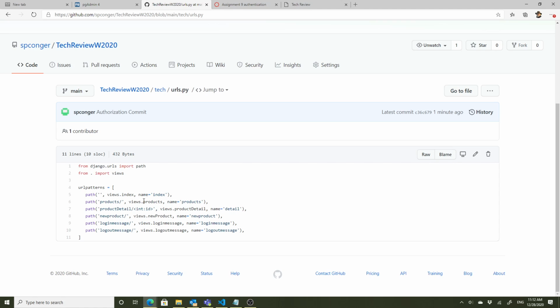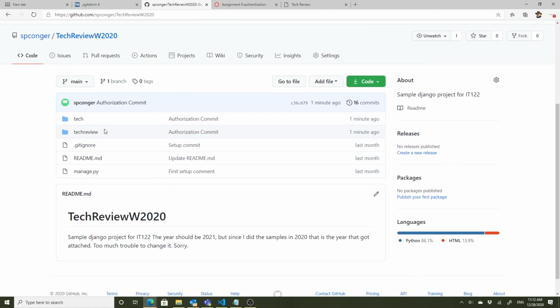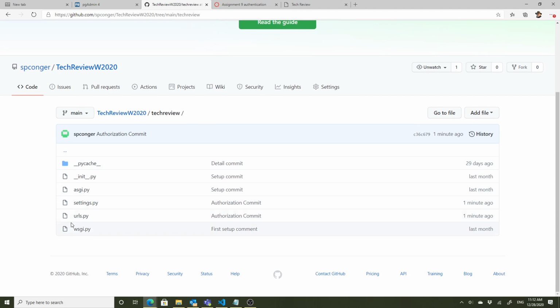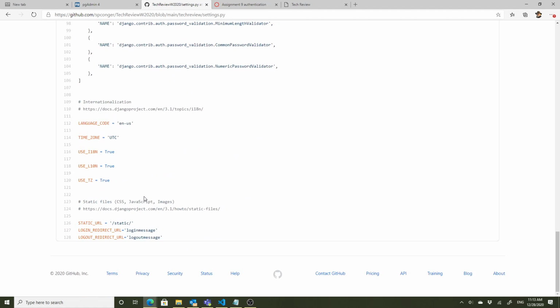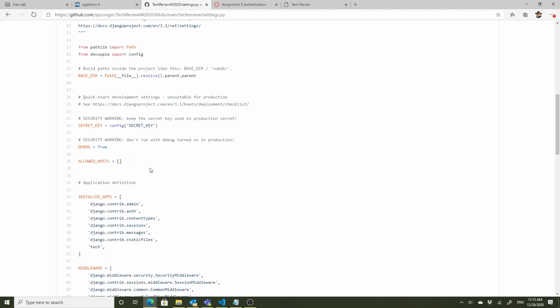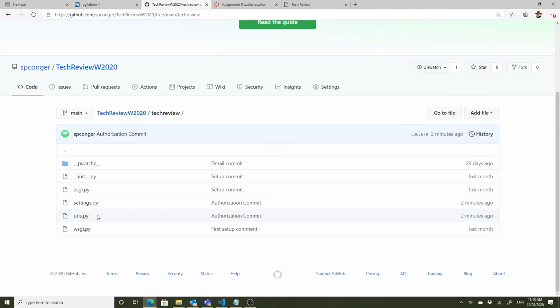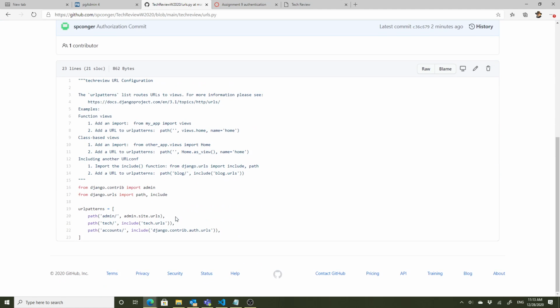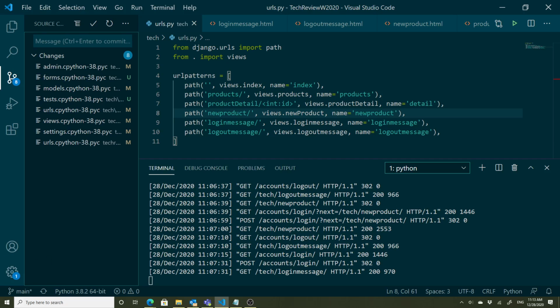Yes, it has log out and log in. Let's do tech review. Look at the settings. It does have the redirect messages, so I think everything is fine. I guess I will real quickly check the URLs. And it is there. So everything is up and done. I am going to call this good and stop the